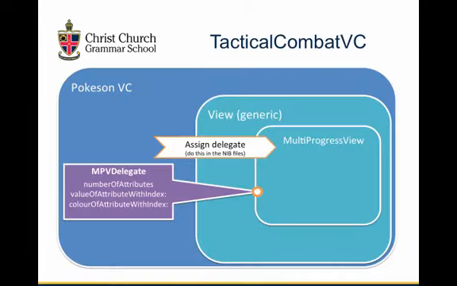Okay. So how are we going to implement this? We're going to have the FocusOnViewController in dark blue on the outside. We'll have a generic view, so there's always a standard view there, and we'll drag onto that generic view a MultiProgressView. In the nib files, we'll assign the delegate. What that means is we'll do that control-click dragging to attach the delegate. So that property